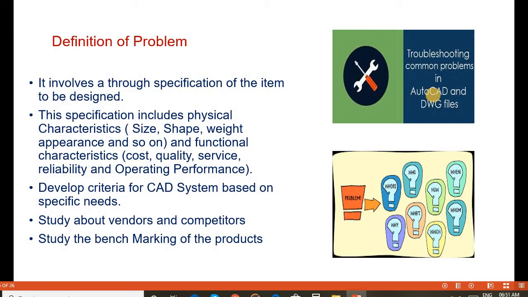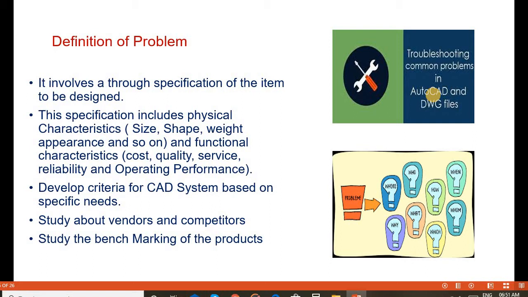Next step, definition of problem. Once the product is identified, we have to define the complete problems of the product. It involves the various specifications of the item to be designed. What are the specifications?